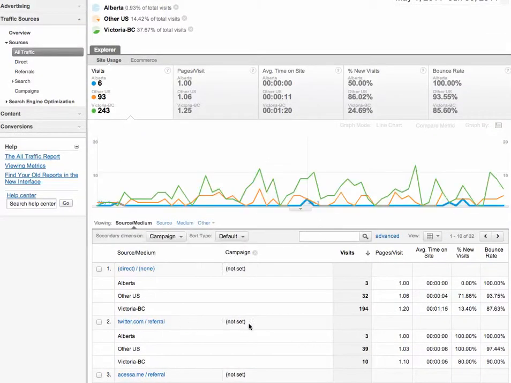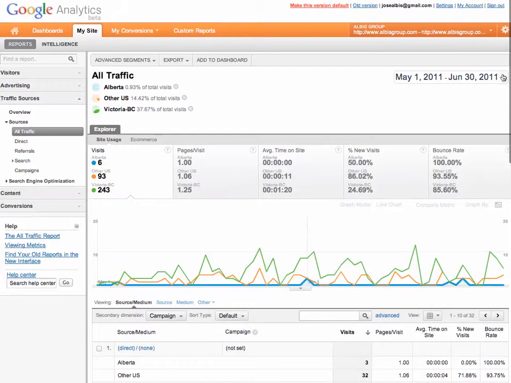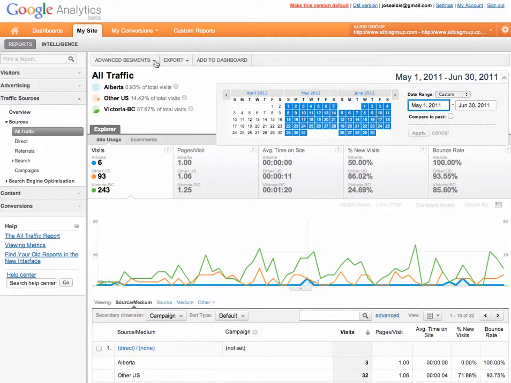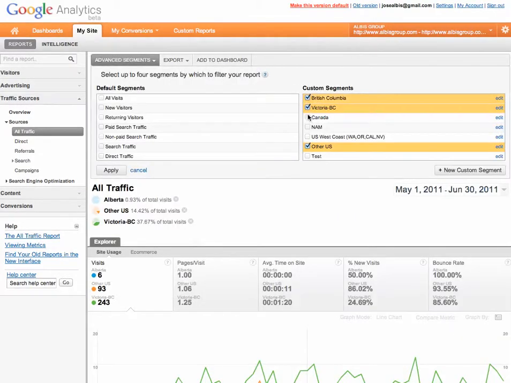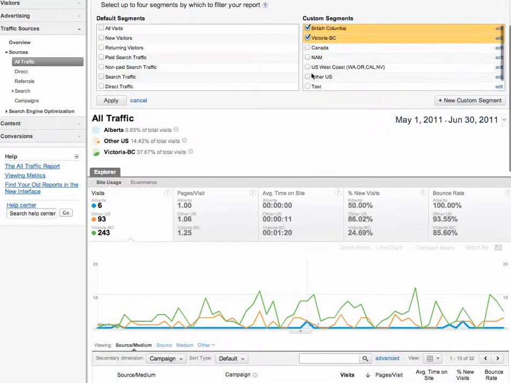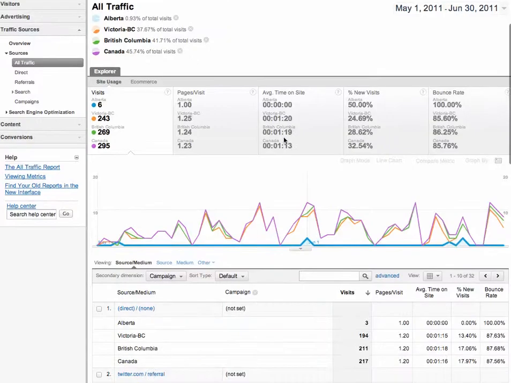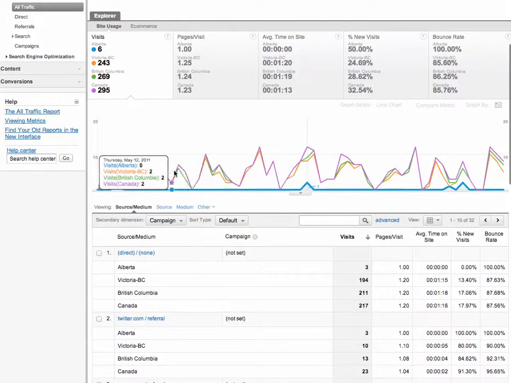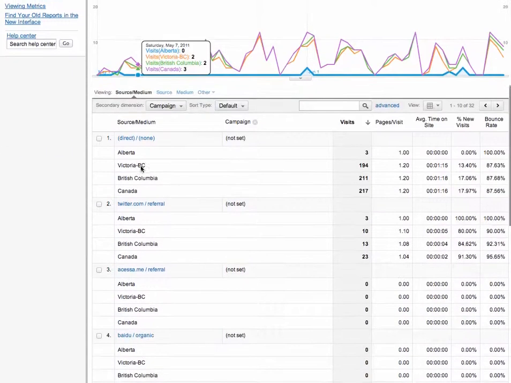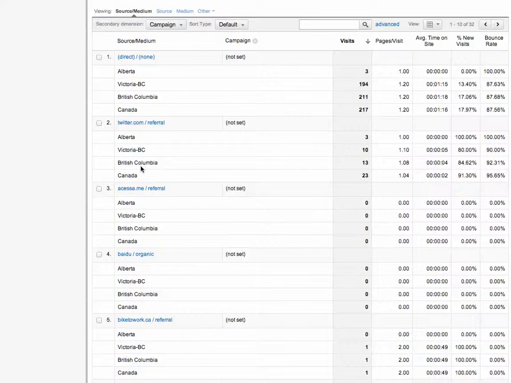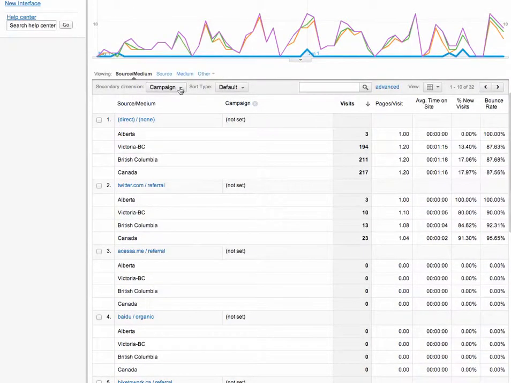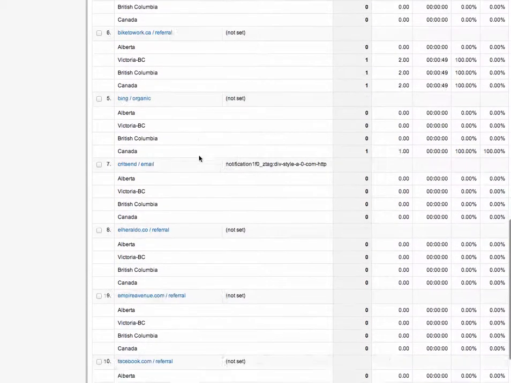By campaign, if we break it down by campaign, let's open this a little bit more. By adding to the segments, let's add basically everyone, or Canada. Let's take out US. Let's leave Alberta. Let's leave Canada, so almost everyone. So some are going to show repeated, but we can see the contrast and what the representation is, how much weight they have. So once I define this and I want to know by campaign, some of these campaigns